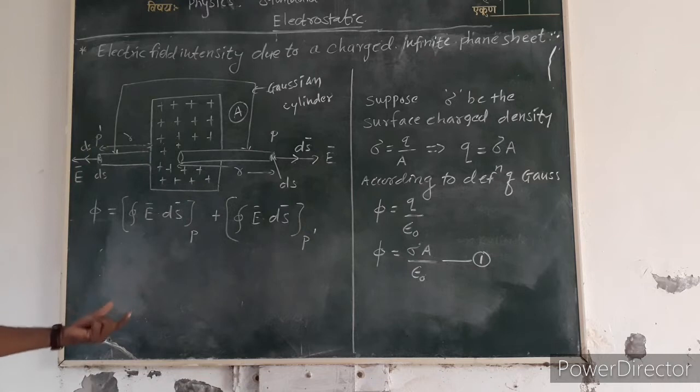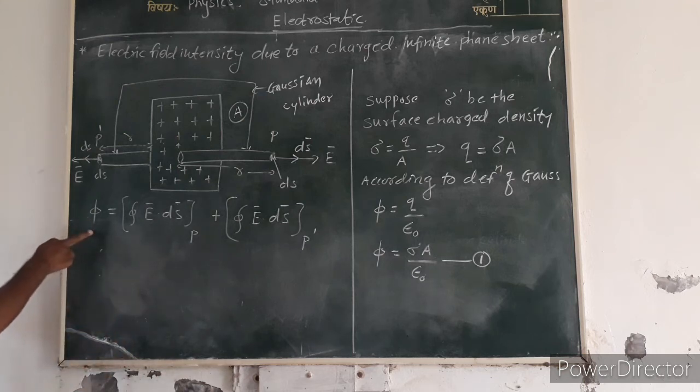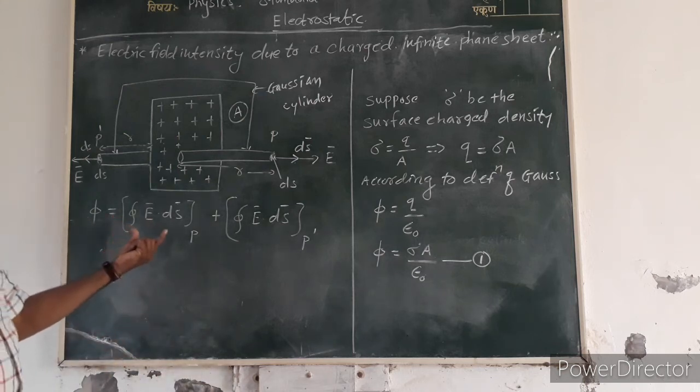Because of symmetry, both sides magnitude of electric field intensity is same, hence total flux is equal to flux due to point P plus flux due to point P dash,